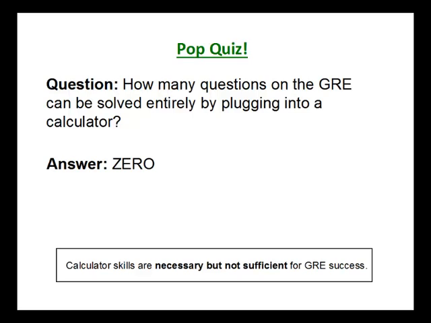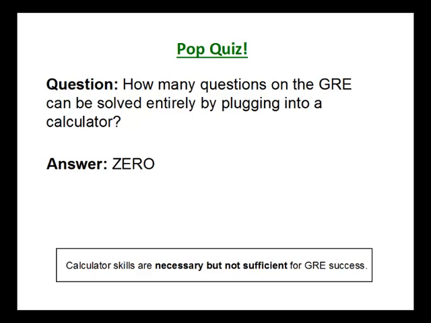Part of what I'm going to do today is temper your enthusiasm for the calculator. Many people hear that there's a calculator on the GRE, and that's great because then they don't have to do as much math. Not necessarily so. No questions on the GRE are completely calculator dependent. In other words, having the calculator won't get you any points that you wouldn't have gotten otherwise. That said, it's a good tool to have, and as we proceed today, you should have a rudimentary calculator